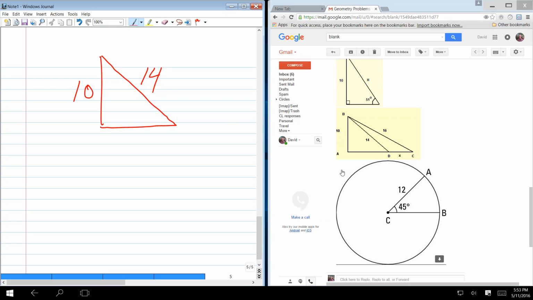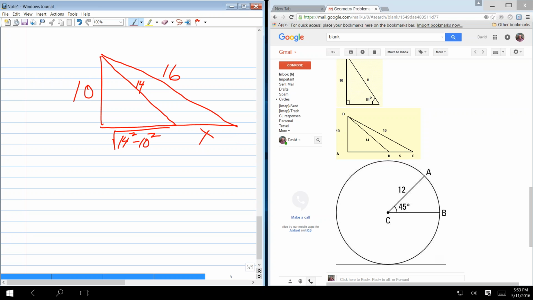Let me think. Let's try some things, first of all, before I give up on it. If it's a right triangle, it's going to be an easy problem. Yeah, I just use the Pythagorean Theorem. So what's this side here? Square root of 14 squared minus 10 squared. Mm-hmm. That side's x. And that 14 applies only to this middle line. And this line is 16. So once we solve for side AD,